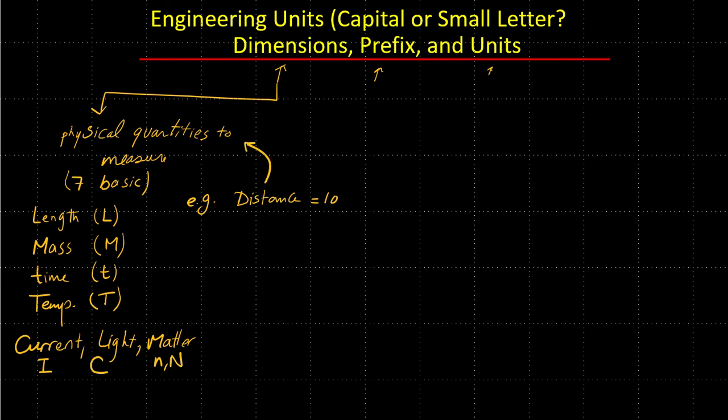Now, we express that dimension with a numeric value. This is numeric value. And this is where the terminology of prefix comes in, how to write that numeric value in a different format, which is not really the focus of that video here. Then you need to put a description. Description for that numeric value is so important, and the description is actually what we know as the units. So engineering units is the description that give a meaning for a numeric value that came from a physical quantity